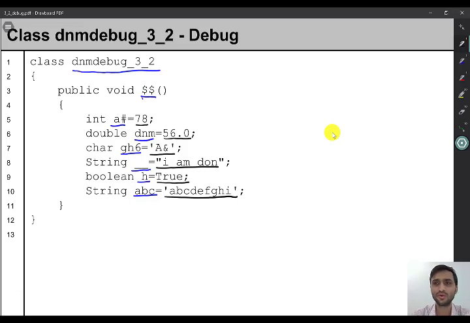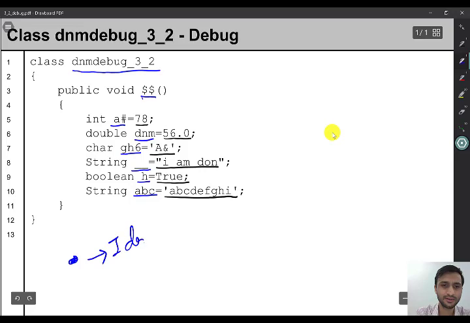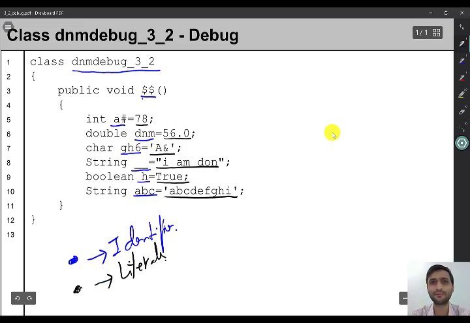All the blue are identifiers, and all the blacks are literals. It can be different types of literals, okay? I will let you know what type of literal that is, and according to that, you will tell me if it is correct or wrong. The first one, this identifier, is this correct? Yes, this is correct. We are using alphabets, that is fine. We are using digits, that is also fine. We are using underscore, that is also fine. So this identifier is correct.